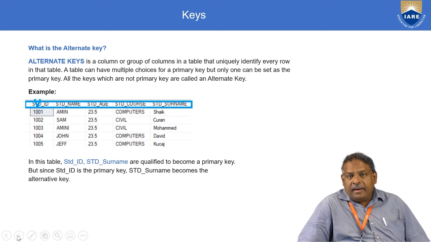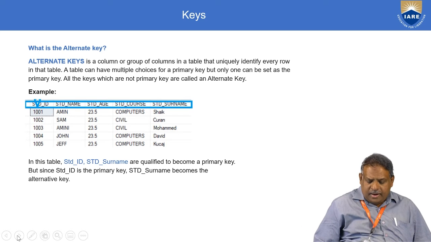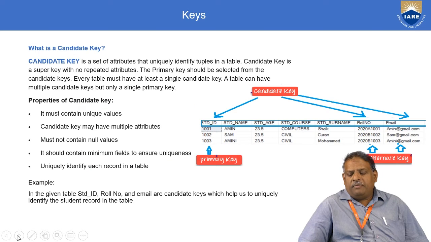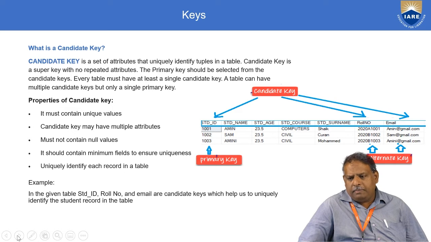This is in addition to the primary key, we can have one more key as an alternate key. In this case, surname. By generally we don't see a duplicate surname, so this can be made as an alternate key, right? We have finished super key, followed by alternate key and primary key.